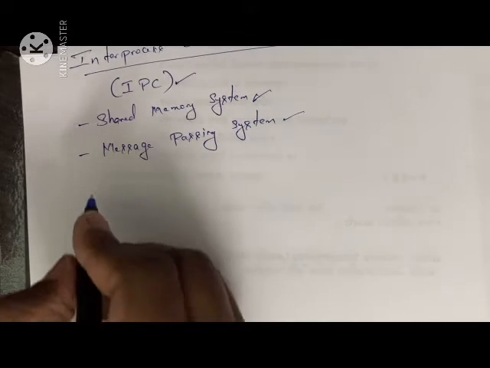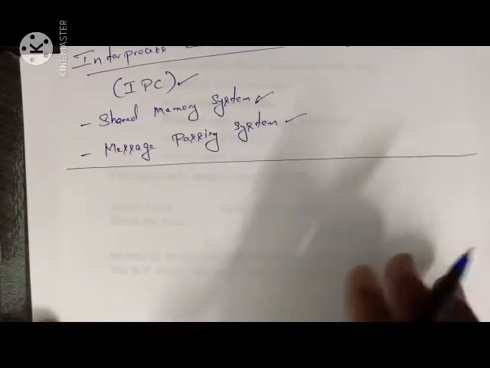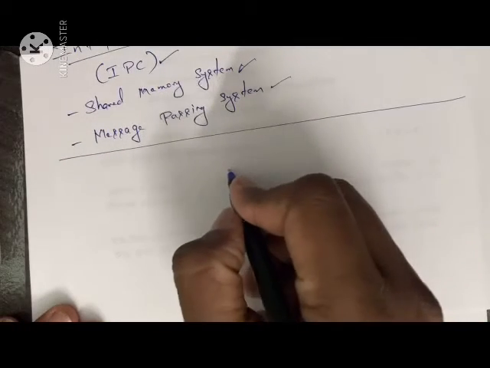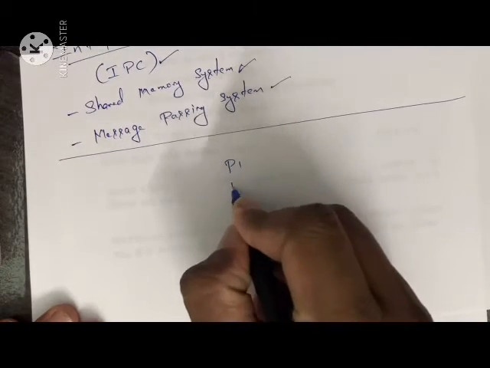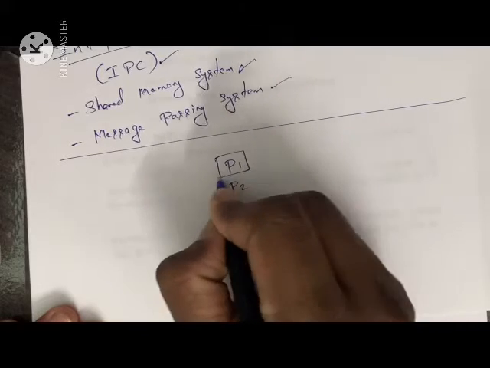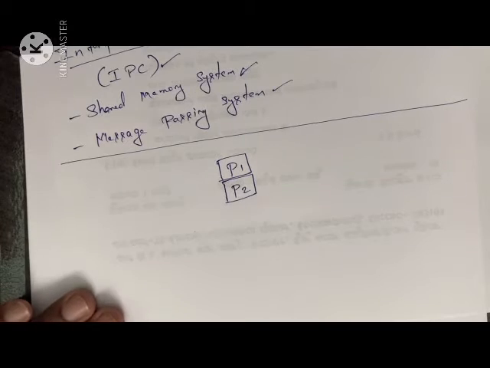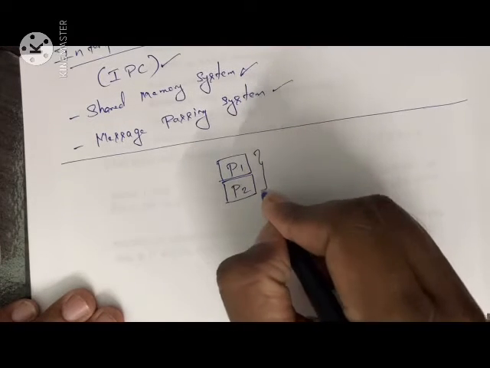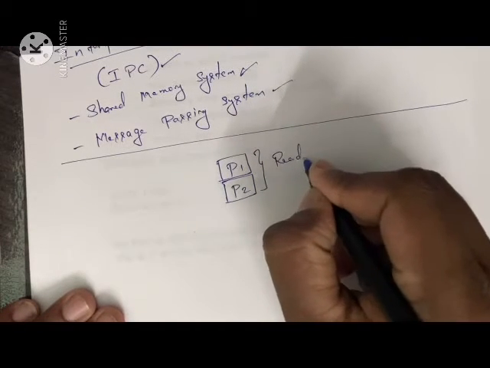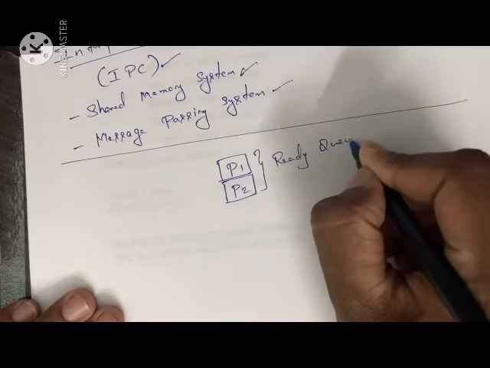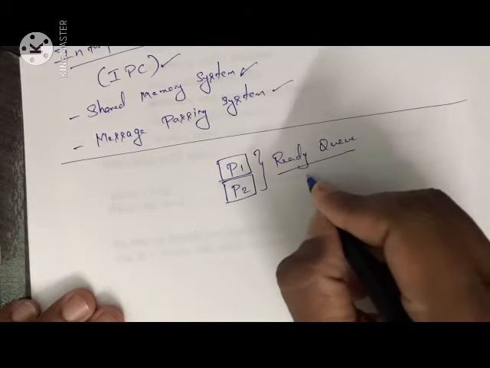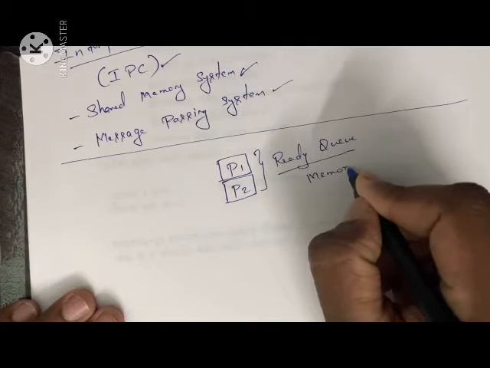When you have process 1 and process 2 ready to execute, this will be in the ready queue, or you can say these two processes will be stored into memory.